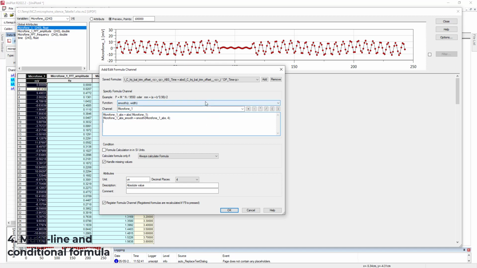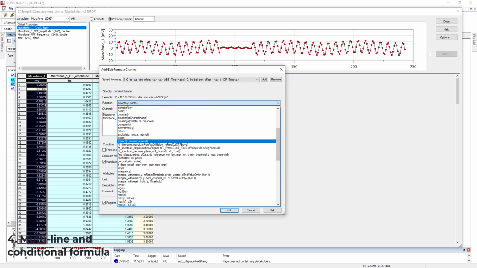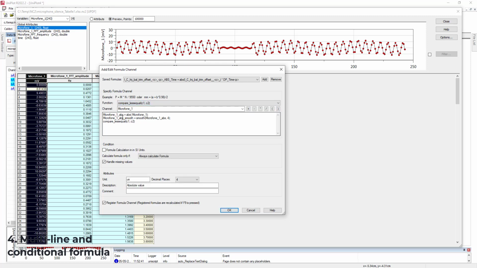So UniPlot comes with a set of functions to detect events. Simple events like this one. So like equal, greater, etc. So here I will use this one, compare less equals. And here I will call it silence,